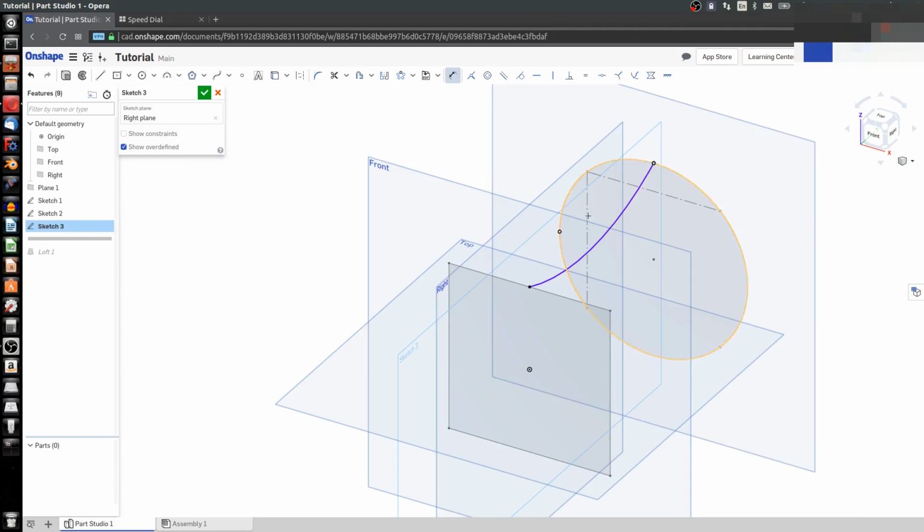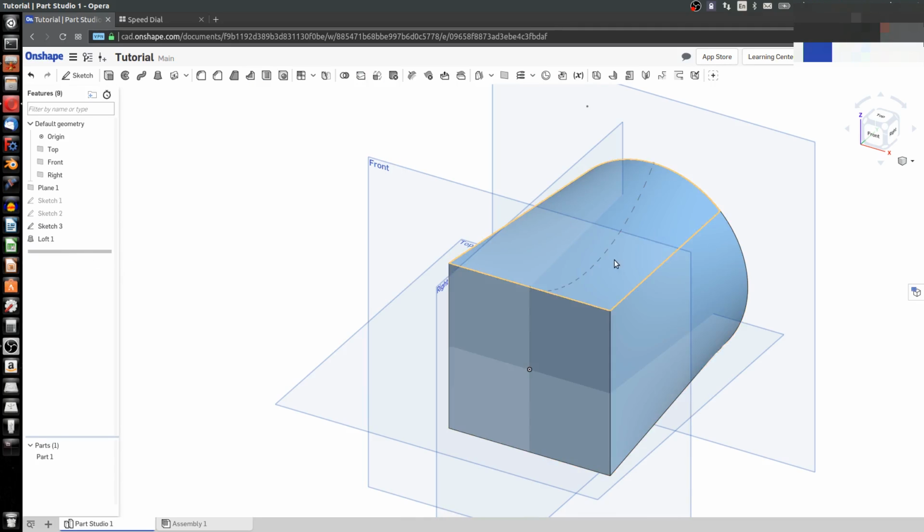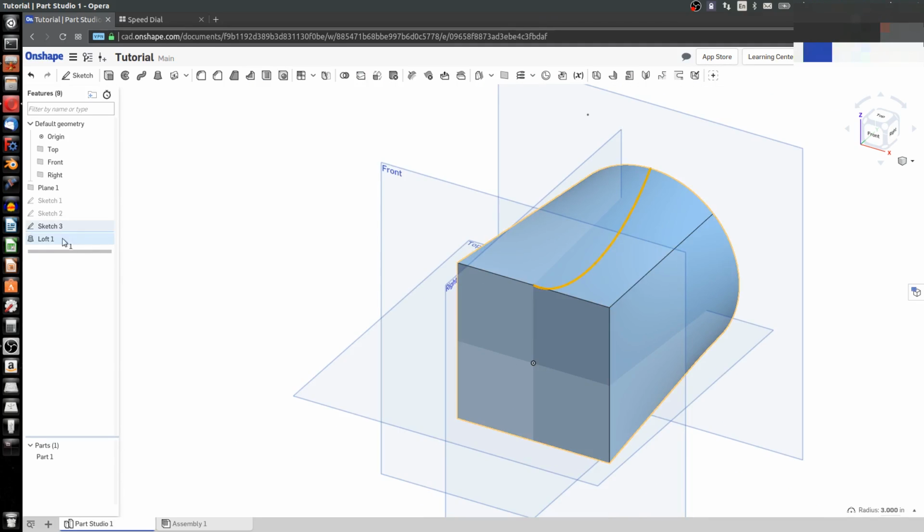And then I can push the D, like delta, key and put a dimension on my arc. Perhaps a 6-inch radius might be good, or I can be a little bit more dramatic and go with something like 3 inches. Now I can come down here, and I've got an existing sketch that has been made prior to my loft being made. And so I can edit my loft,